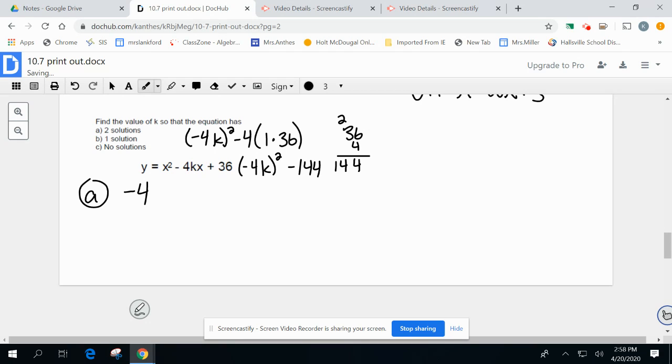For b, for one solution, I need it to equal 0. So what would I plug in times negative 4? That would get me 12. So I would have to plug in a negative 3, because negative 3 times negative 4 would equal 12, and 12 squared is 144. And then for c, I need it to equal a negative number, so something less than